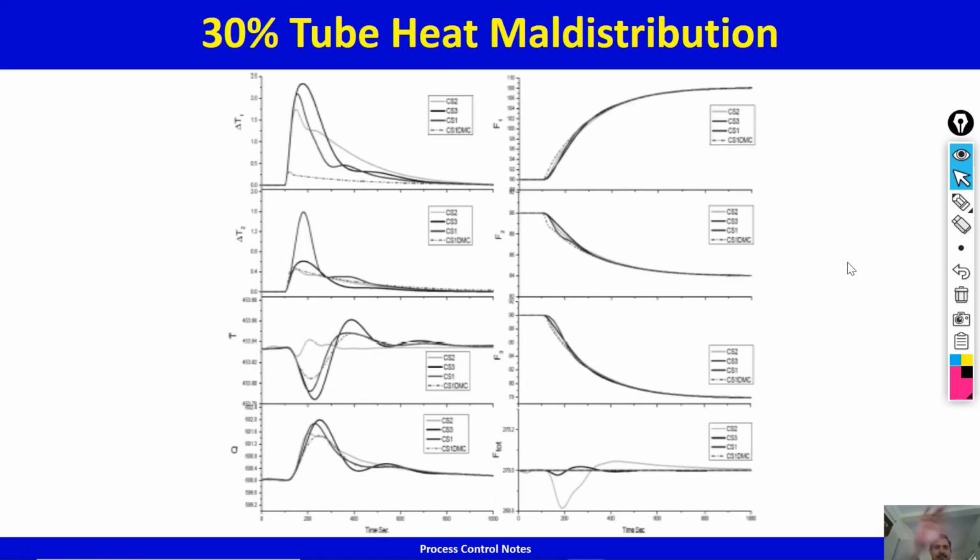So, 30% tube heat maldistribution. What we did was, the total heating rate is the same because you're burning the same amount of fuel. However,